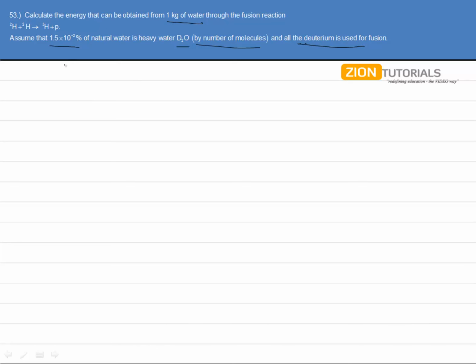So now we have the portion of deuterium, that is the fraction, actually 1.5 upon 100 into 100. Now you can see this much fraction by molecules is just D2O. So we can take the average mass to be approximately 18 for all the water, because the remaining is water H2O, which has the mass of 18, while D2O has the mass of 20. Since the fraction of D2O is negligible, we can have the average mass to be 18.